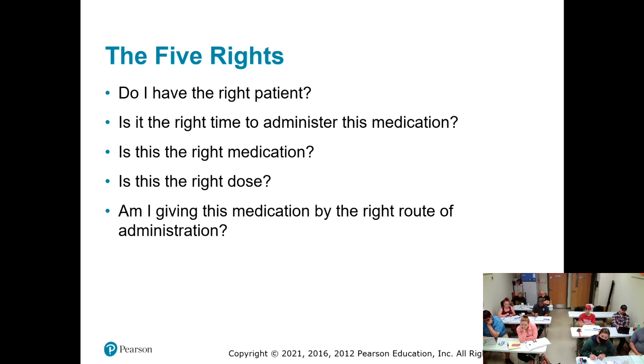Is it the right dose? And am I giving the medication by the right route of administration? So are you giving it appropriately? If the patient's medication, or one you're helping them administer, is expired, you still don't give it? Nope, then we don't give it. Good question. So these are always things you should double check yourself on,